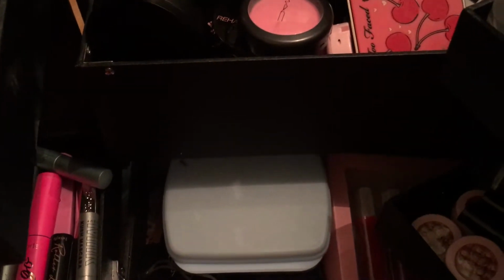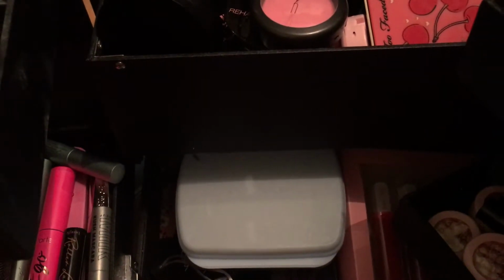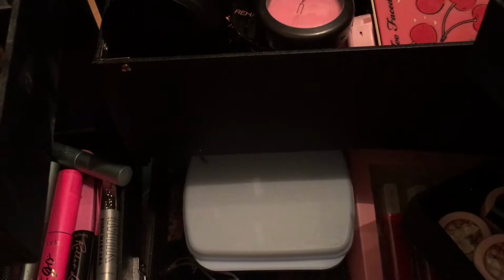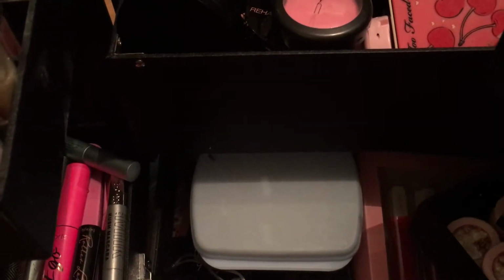We're going to start off with the ones I took out of the case. Now please note these are ones that I am going to keep because I waited a very long time to get them last year and they may be expired, but they're still good, so